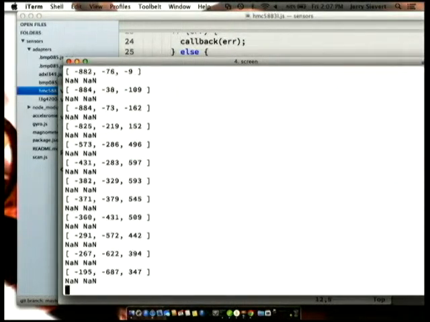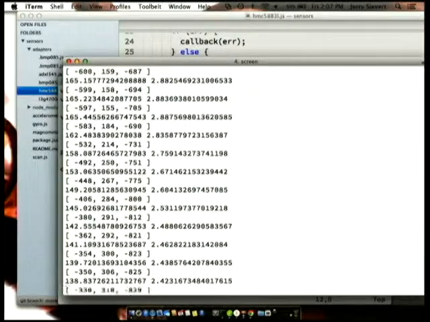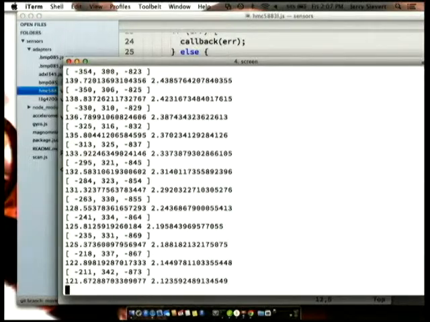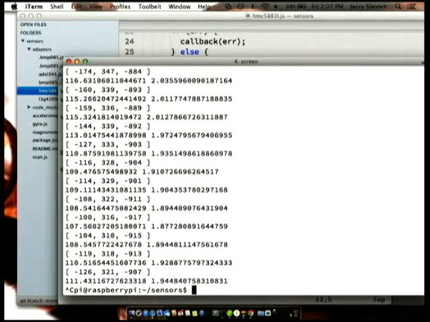Not a number, this is the output and then the math that's happening on it. There we go. The degrees that we are facing. Wow, look at that. Just like it's supposed to work.